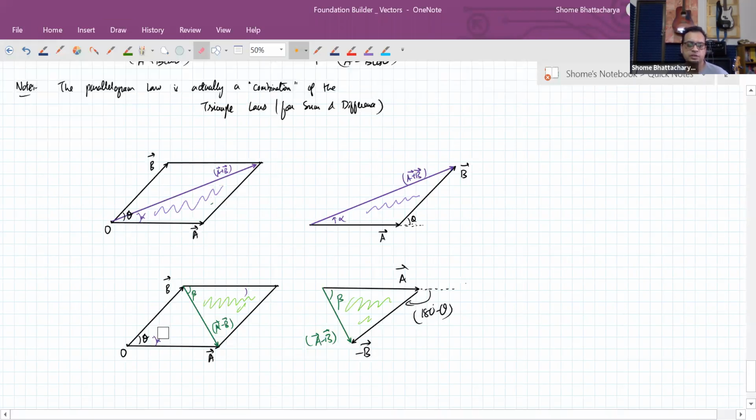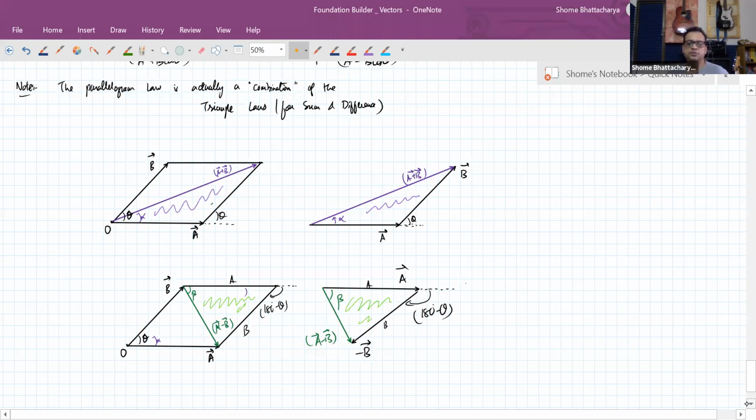Okay, so hope this point is clear to all of you. Understood this so far? Okay. So just make a note of this comparison. Okay, so in this one, for example, you can see that you extend this angle is your theta, same as this. Because in this one, if you extend this angle is 180 minus theta. This side has the same magnitude as this side. This side has the same magnitude as this side, and same here. This is A and this is B. So they are the same triangles.